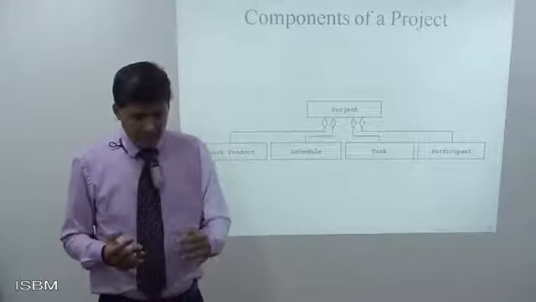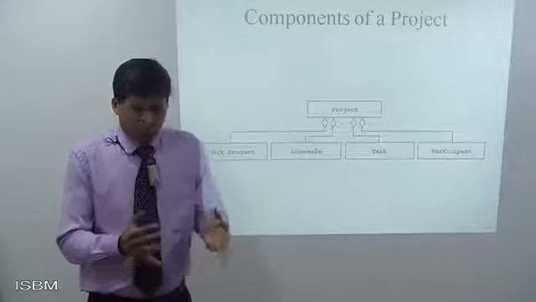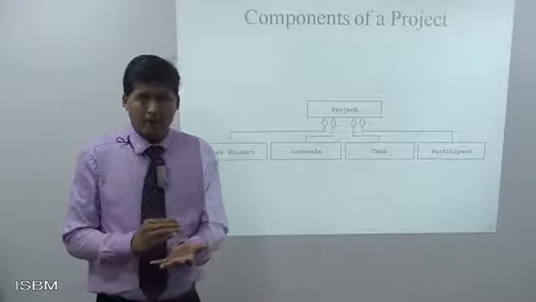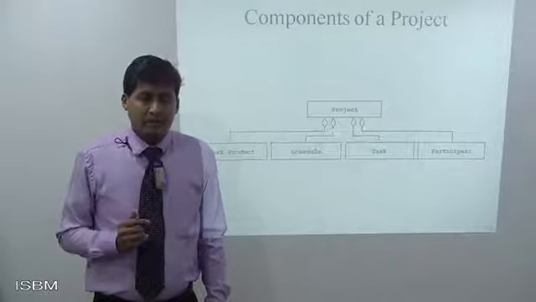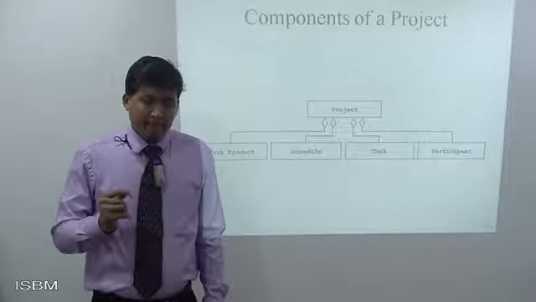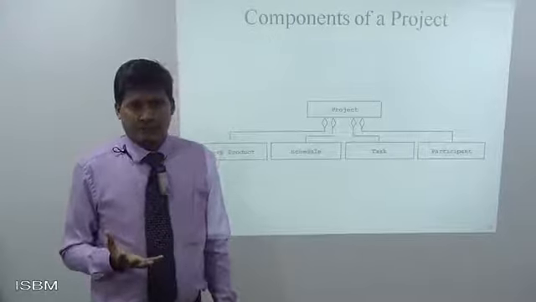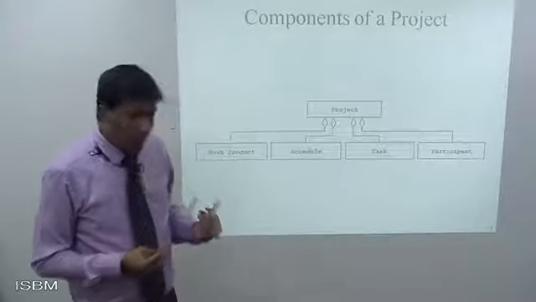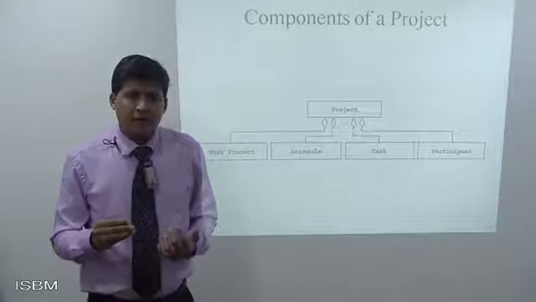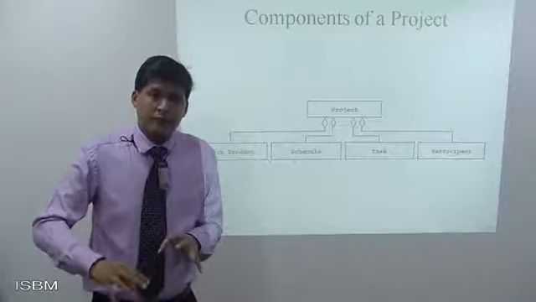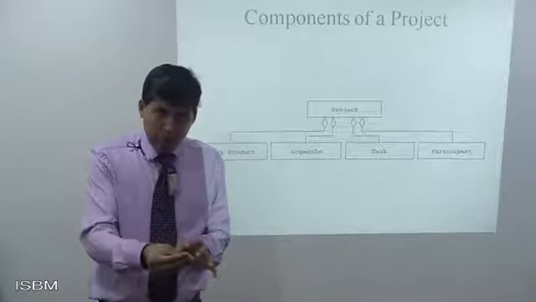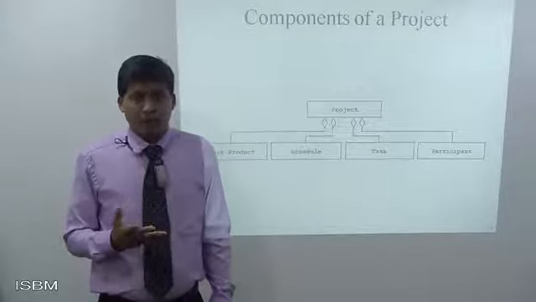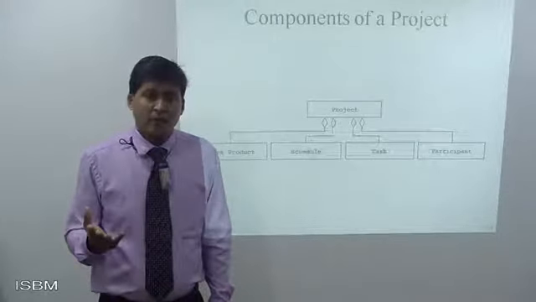So work product is the task or the work type. If a work is there, can the work be divided into smaller parts? One of the old sayings in management is that you don't try to boil an ocean, isn't it? We pick up small bits so that we can make an impact. Dividing the work into small parts also gives you an edge in terms of what to focus on more, what to focus on less, what is more important, how to prioritize things. And again, an old saying, if everything is important, nothing is important, isn't it?